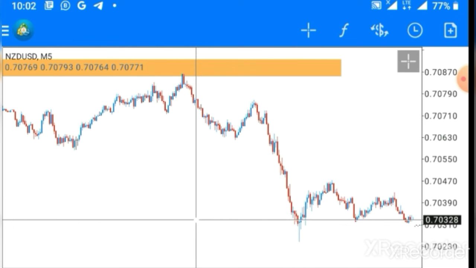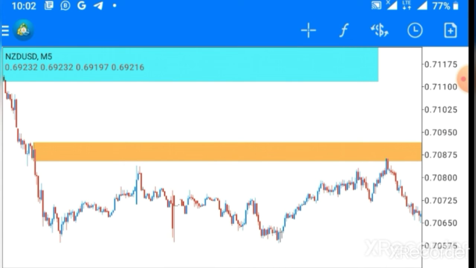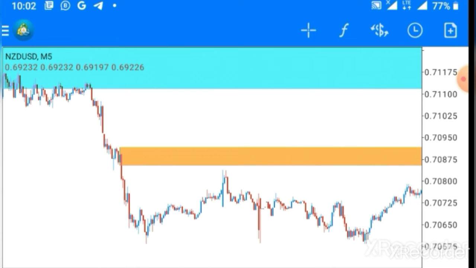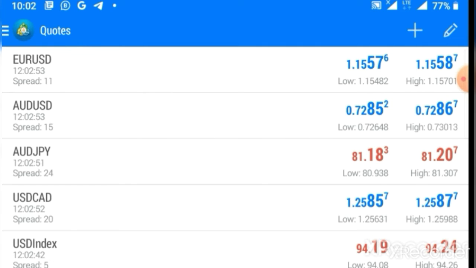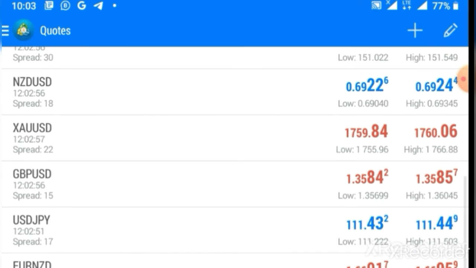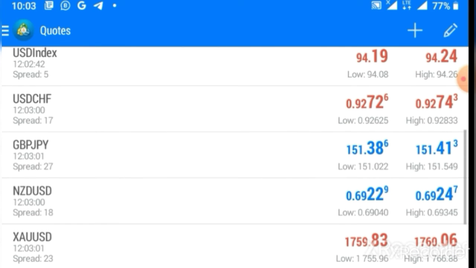Now, if you were to take the trade directly from your 4-hour OB, your risk to reward will be greatly reduced because of the size of your 4-hour OB. I hope you are understanding what we are trying to say here. Now, let's look at some other examples. I want you to grasp this thing very well.